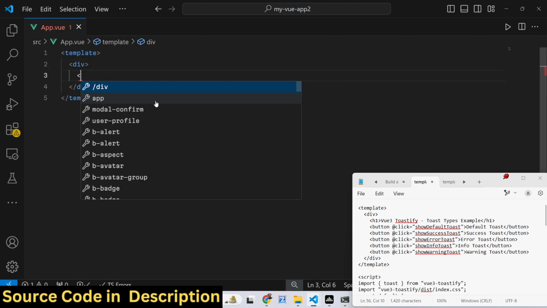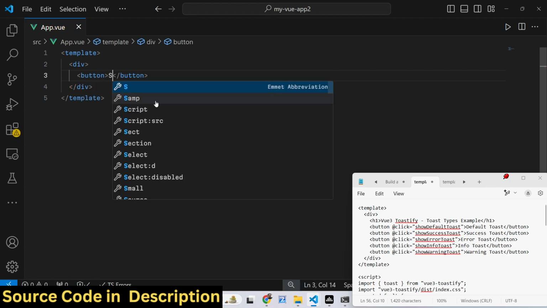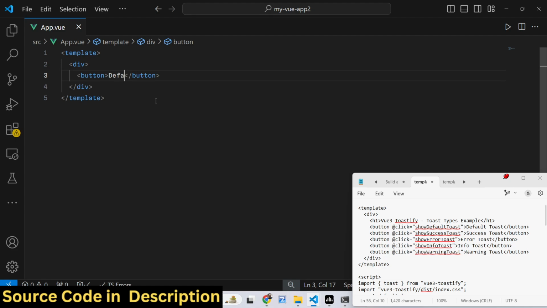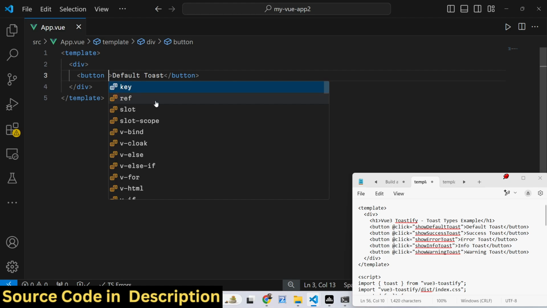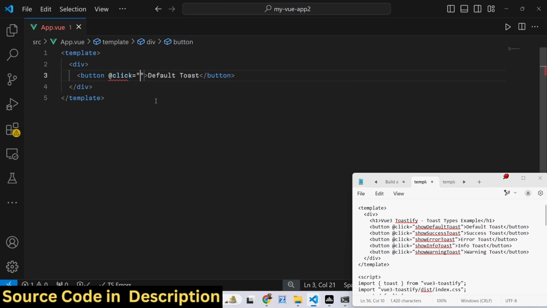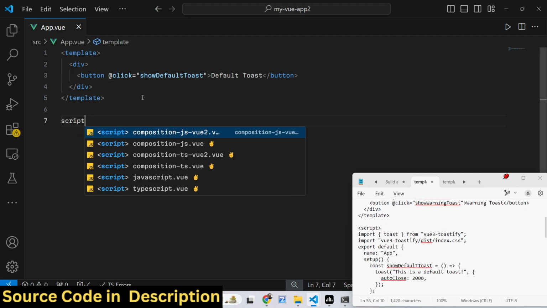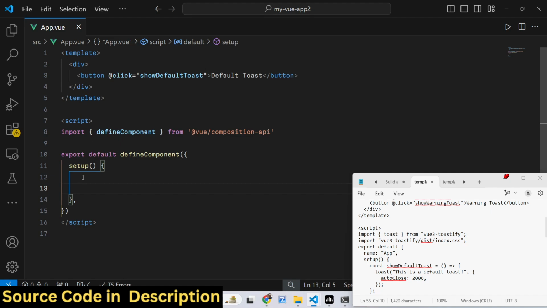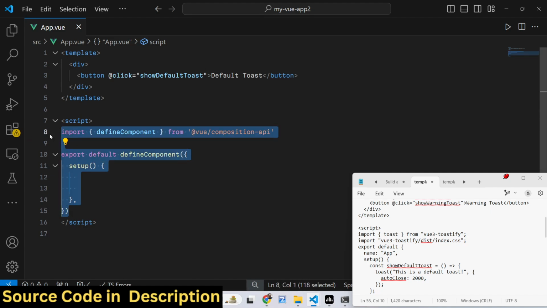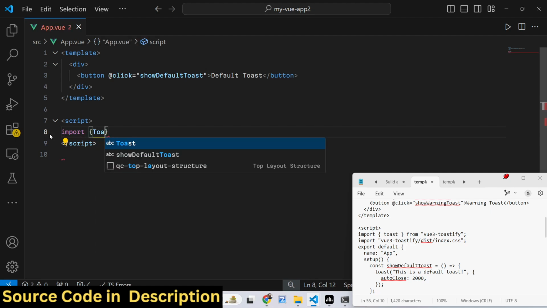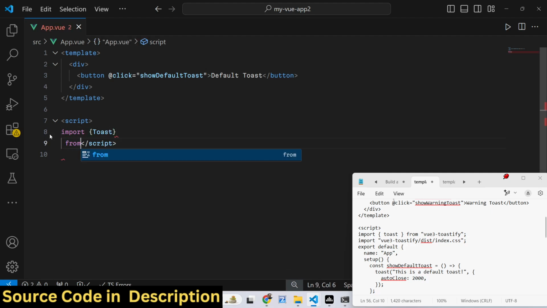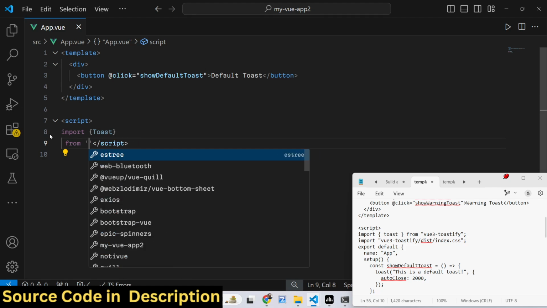have various buttons. First of all, a show default toast button, and bind an on click listener to it. So when you click this, we will execute a method show default toast. Now inside our TypeScript script tag, we first need to import this package, which is coming from Vue 3